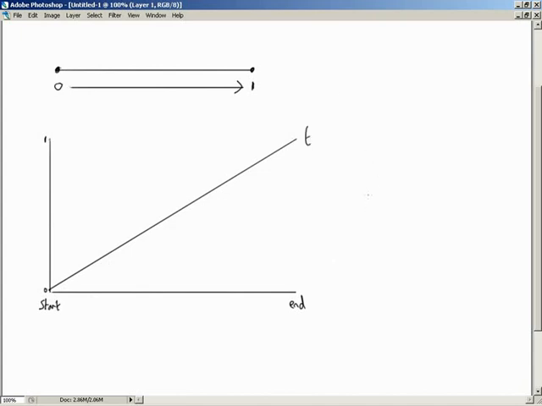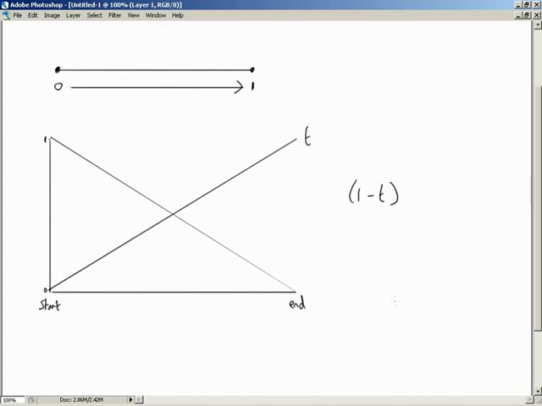And then what if we were to graph 1 minus t? Well, when t is 0, at the start of the curve, 1 minus t would be equal to 1. And at the end of the curve, when t equals 1, it's 1 minus 1, it equals 0. So you end up with a curve that runs in the opposite direction. So we've got our value which runs from 0 to 1, but we can take that value away from 1 and quite happily have a value that runs from 1 down to 0 from the start to the end of the curve. So we could take these and we could multiply these by positions, by start and end points,